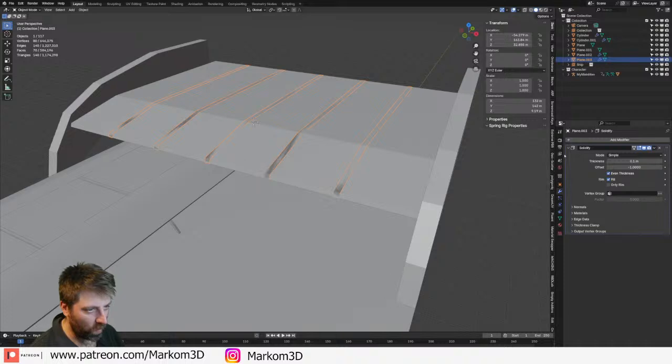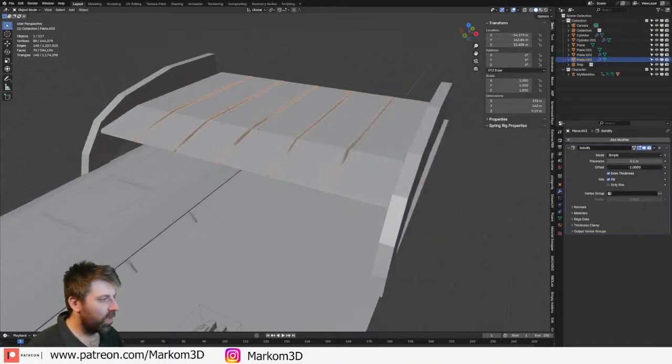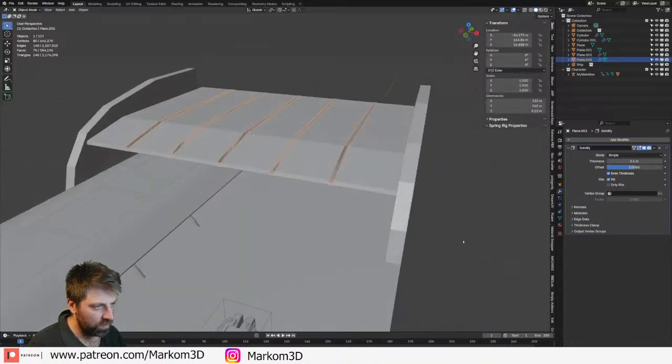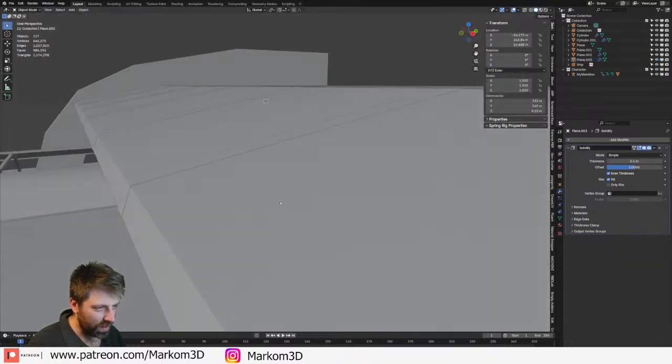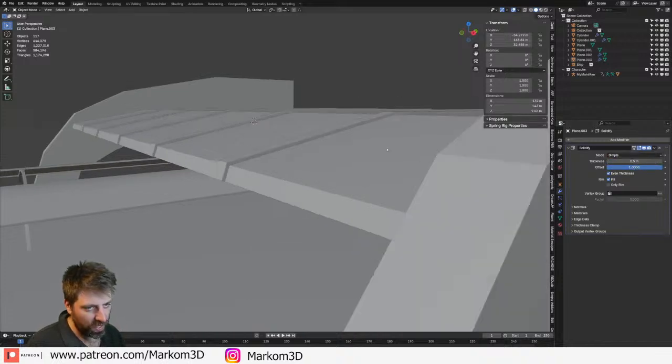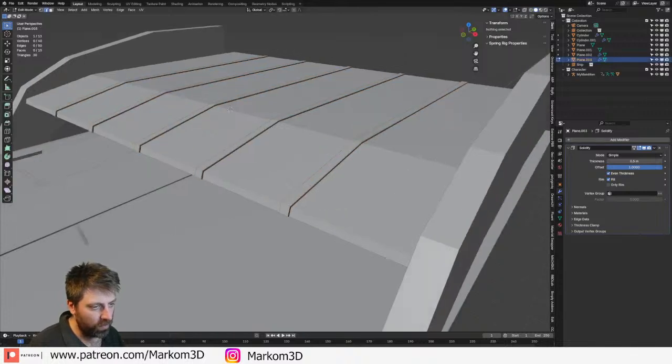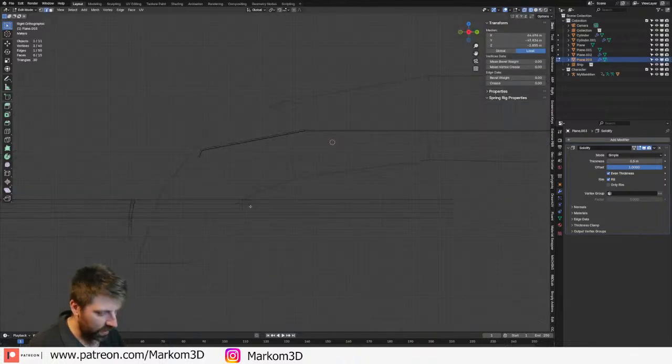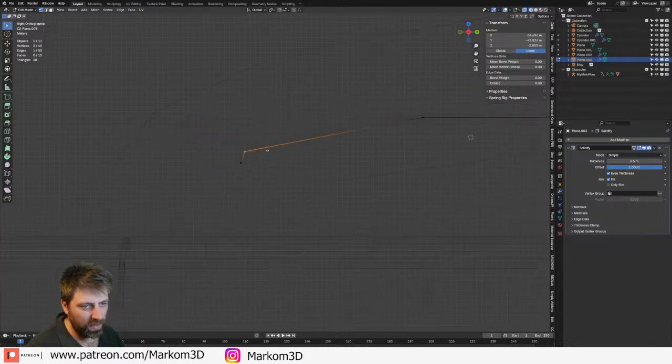Let's go 0.1. Is that thick enough? It's not. Ah, the light. 0.5. There we go. And then from here, we can come in and select like these vertices.